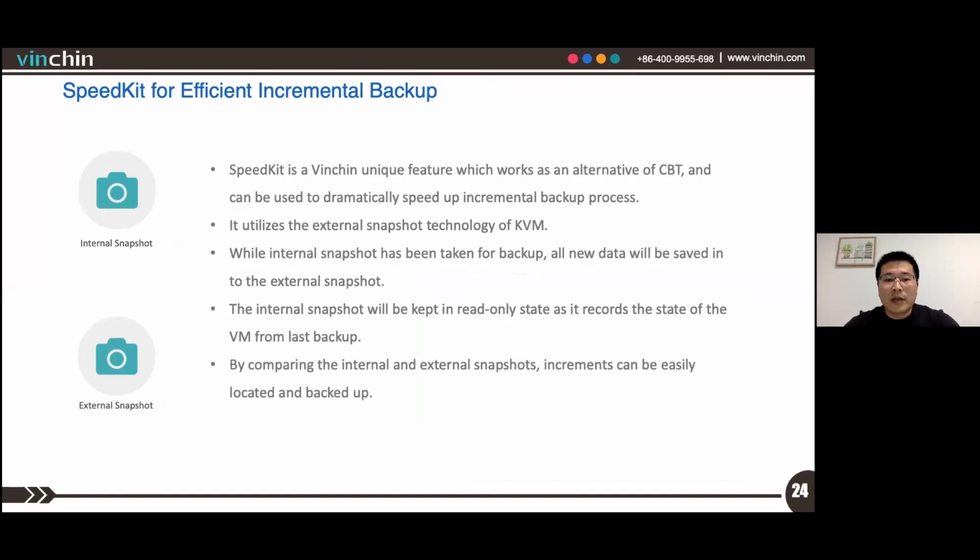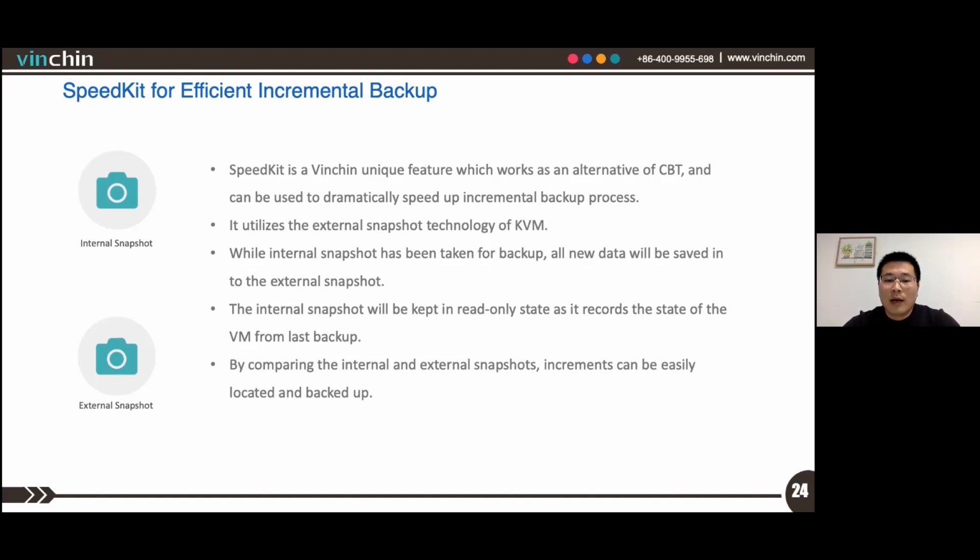SpeedKit is a Vinchin unique feature which can dramatically speed up the incremental backup process. It works as an alternative to CBT for incremental backups of your Oracle Linux Virtualization Manager. It utilizes the external snapshot technology of Oracle Linux KVM hosts.